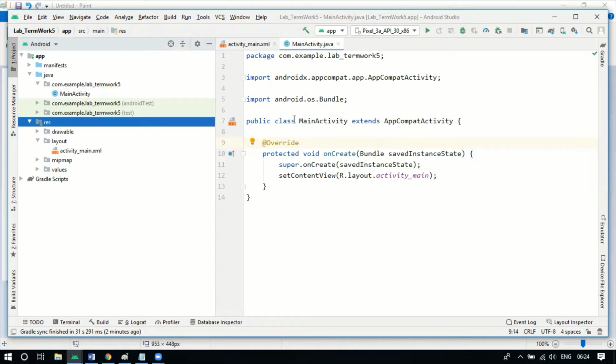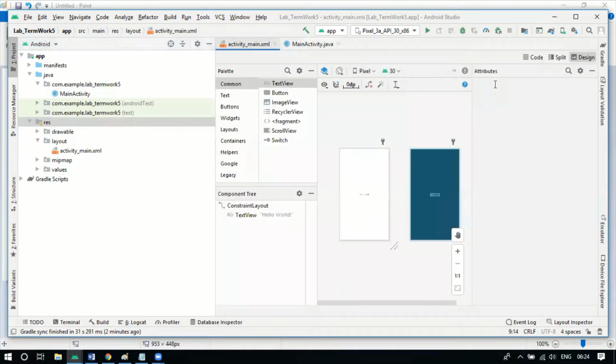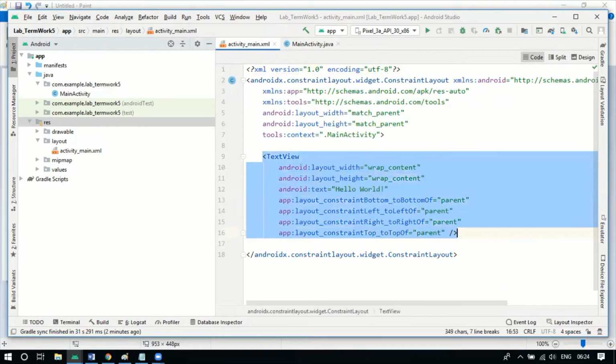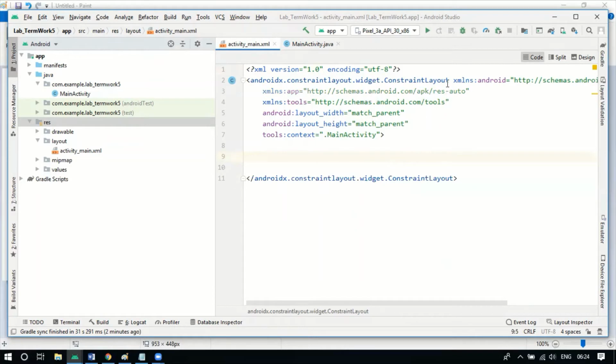Now if we go to activity_main.xml, go to the design part. By default we have this text view, but we do not require it, so remove this text view. By default it is a constraint layout, and we'll make it a linear layout.